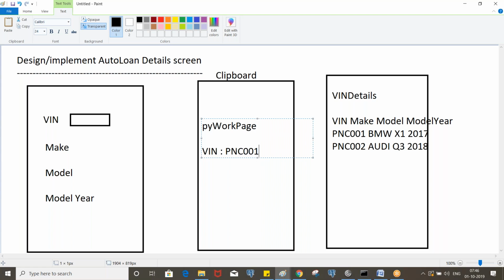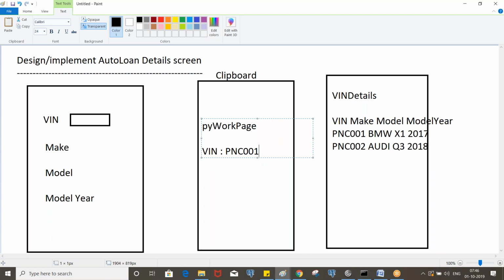Same as, let's assume we have a list of employees in the employee database, and we pass employee ID and fetch the corresponding employee information, right? Similarly here also. Any questions now?